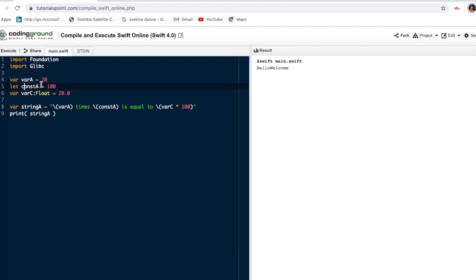So variable a has the value 20, the constant b has 100, and constant c is a float 20, and I'm just printing in this way. The output must be like 20 times 20 times 100 is equal to 20.0. So this is the way.